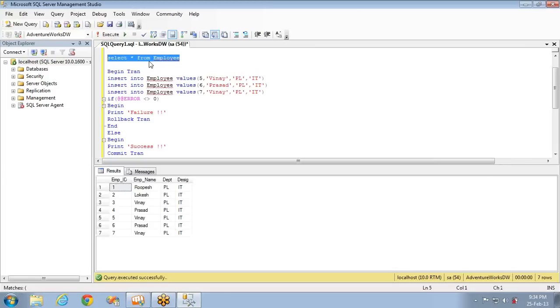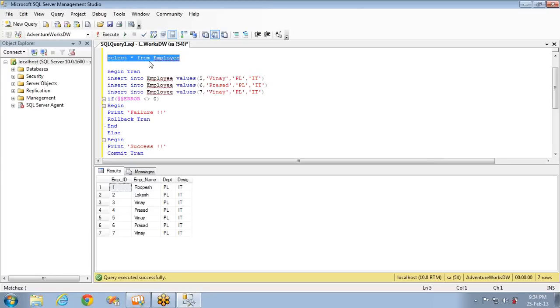So this is the advantage of having transactions, and this transaction type is called an explicit transaction, in which you will specify the begin point, I mean the starting point, and ending point of the transaction. There is nothing called ending point. It can be either rollback transaction or commit transaction. It depends on the conditions in general.